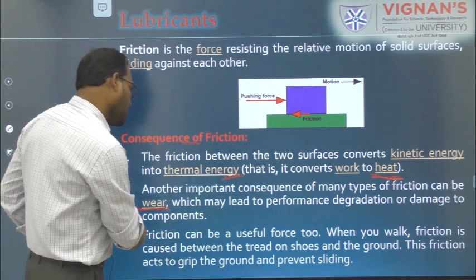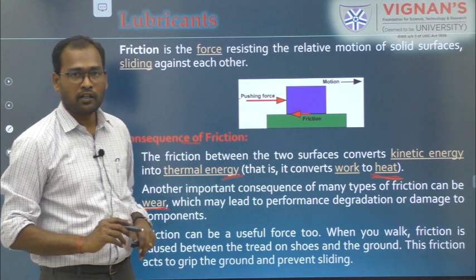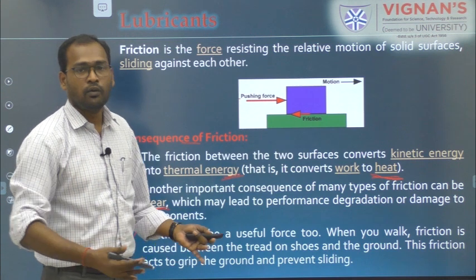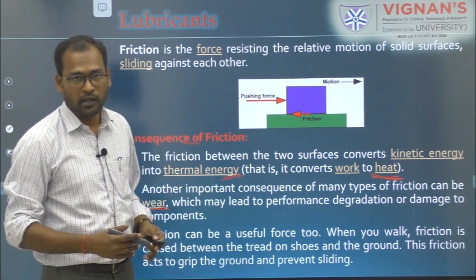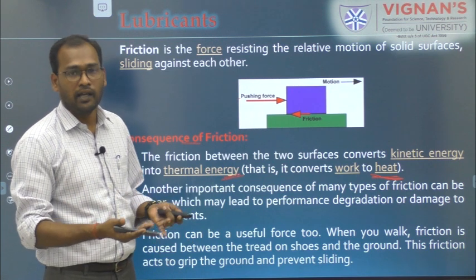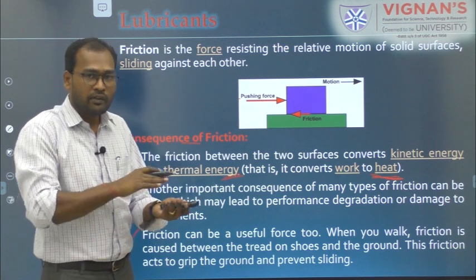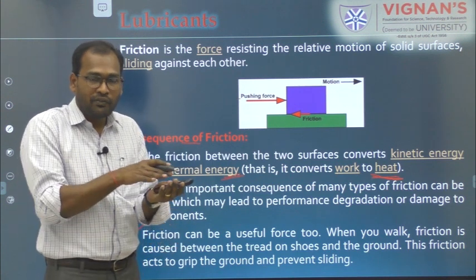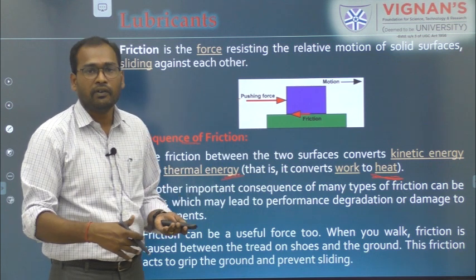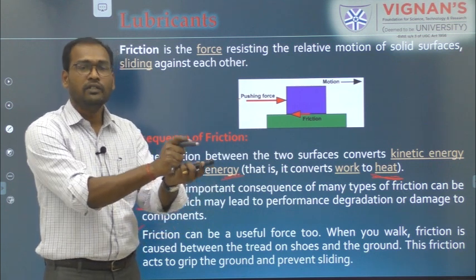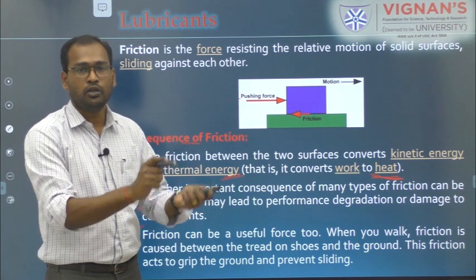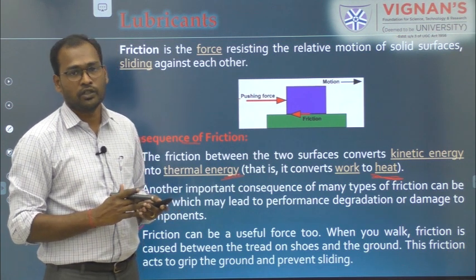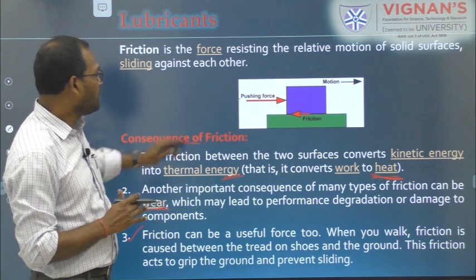That is second. And the third one, it's not a disadvantage, it's an advantage, because if friction is not there, a lot of things whatever we do in our day-to-day life cannot be done, right? For example, walking, that cannot be done if friction is not there, right? If the surface is very smooth, we can't stand on the floor, we will be falling. So because of the friction between the surface and our legs, we have some amount of force which we are using to stand or walk or to jog or whatever it is. So though it does some bad things, we have some good things with the friction also. So these are some of the consequences of friction, right?